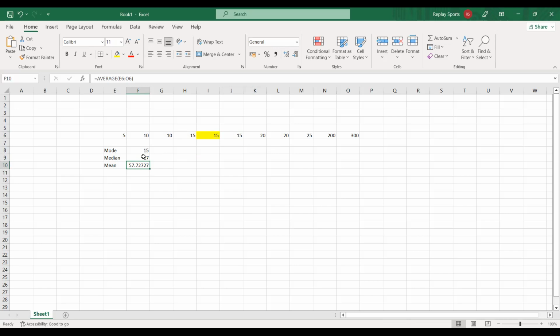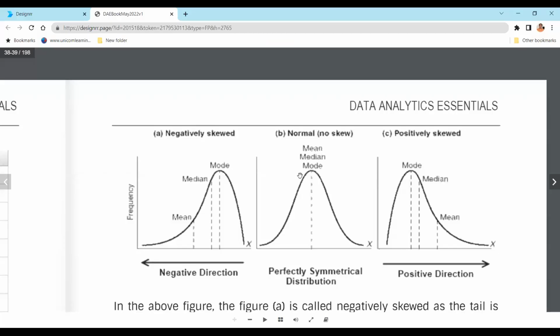Which is changing faster? Yeah, the mean is changing faster. Mean will always change faster if I have outliers. So that's why, when you go back to our notes, what we are looking at is this: this is normal, mean, median, mode all the same. But when you add an outlier on the right side, a higher value, the mode remains the same, but the mean increased and the median also increased. But the mean is increasing much faster than the median,